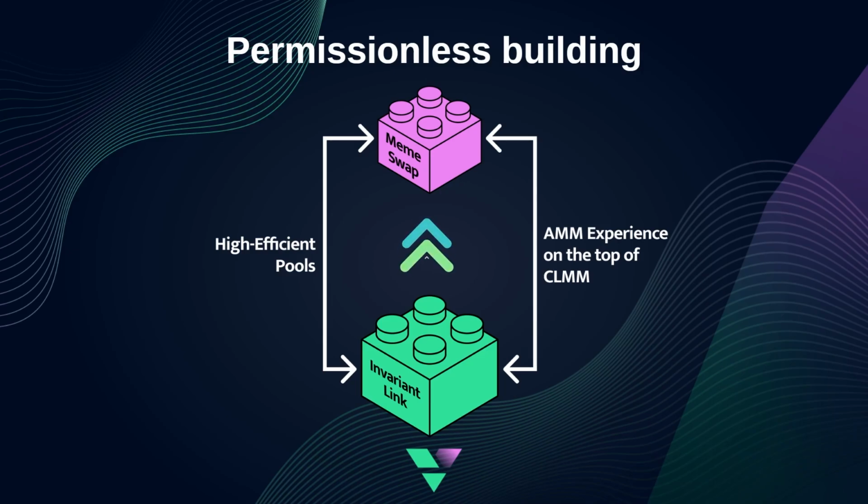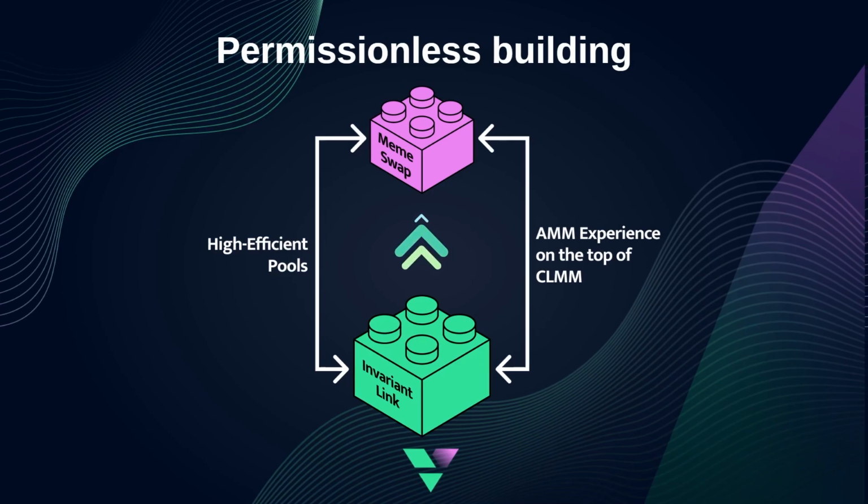Instead of creating its own pools from scratch, it could leverage those already available in Invariant Link, which would significantly reduce development time and allow the team to focus on introducing unique features, for instance like LP token lock as a solution to prevent the rug pull problem, or conducting marketing. Invariant Link also simplifies scaling as the user base grows.